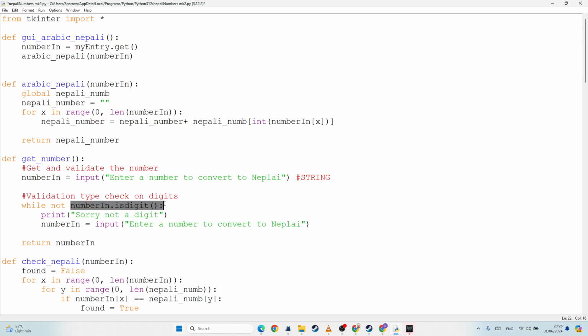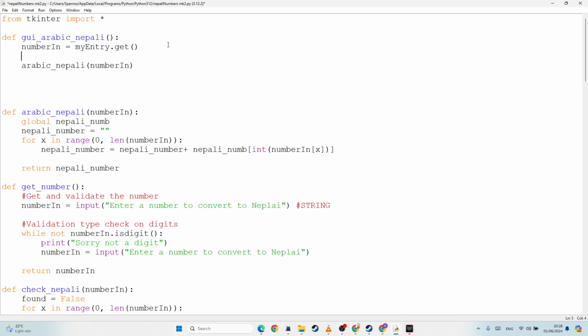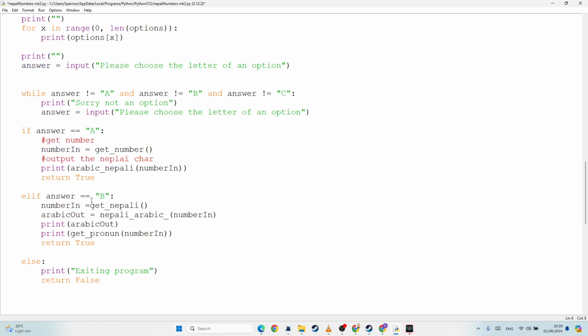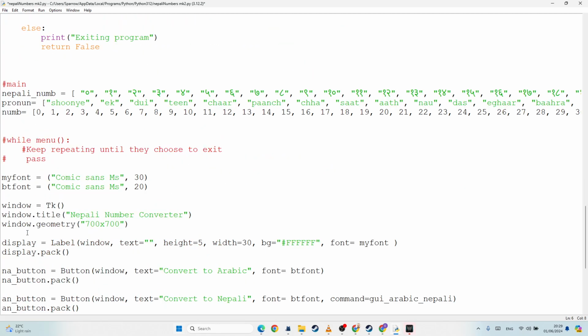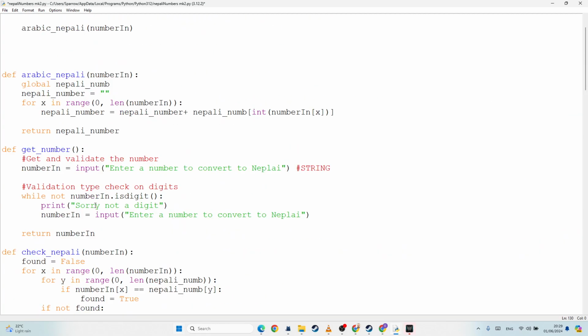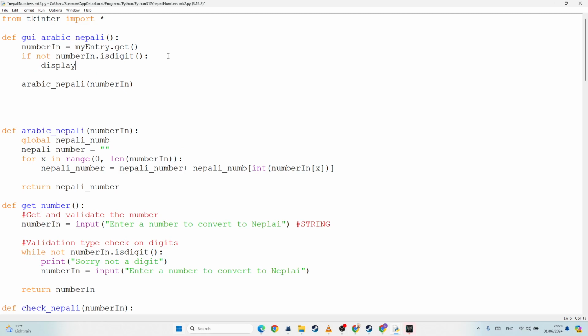So I'm going to check if it's a digit, just like I did before. So my entry.get, if not numbers in is digit, then what I want to do is change my label. What did I call my label? Display. And I'm going to change the text in my label to say error, display dot configure